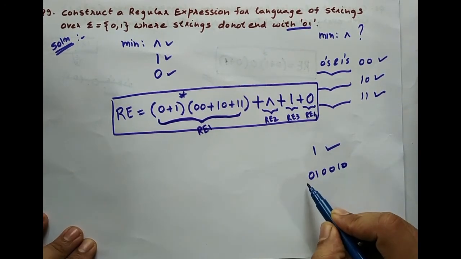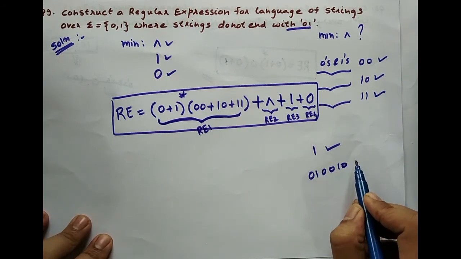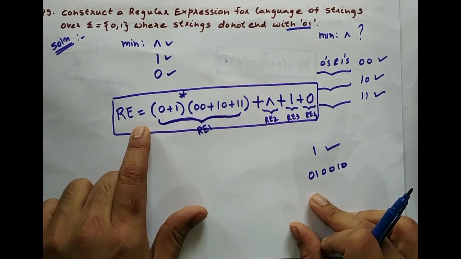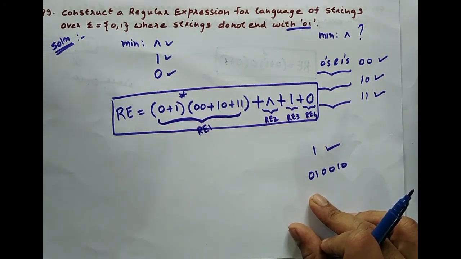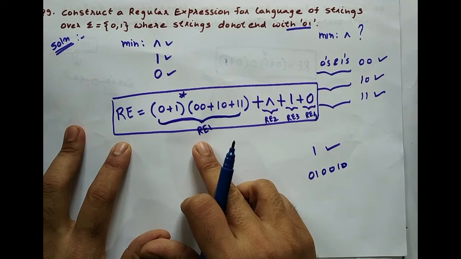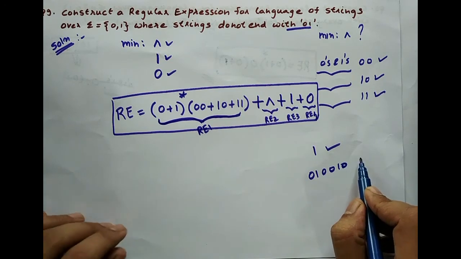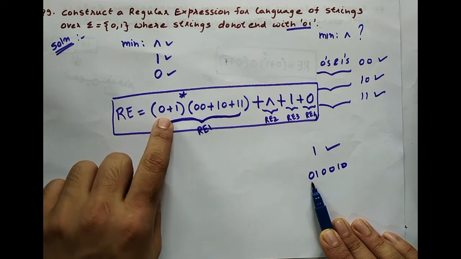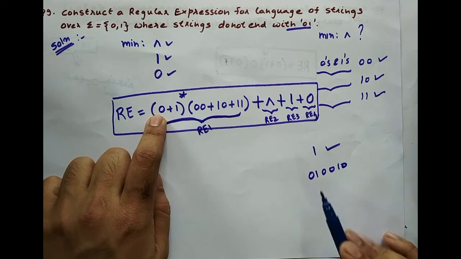Now please note, I had already spoken about the string getting accepted. I said that after the input string is totally scanned, when we reach a state wherein there is nothing more left to be read from the input string, at that time we should check the regular expression. In the regular expression also, if there is nothing more left to be executed, if all terms are executed, then the string is accepted, I said. But now please note, in this case this is a valid string. Let's see whether this string is accepted or not. Okay, 0 is encountered here, so it will go to this regular expression. This sub expression will be executed, and we will pick up 0.